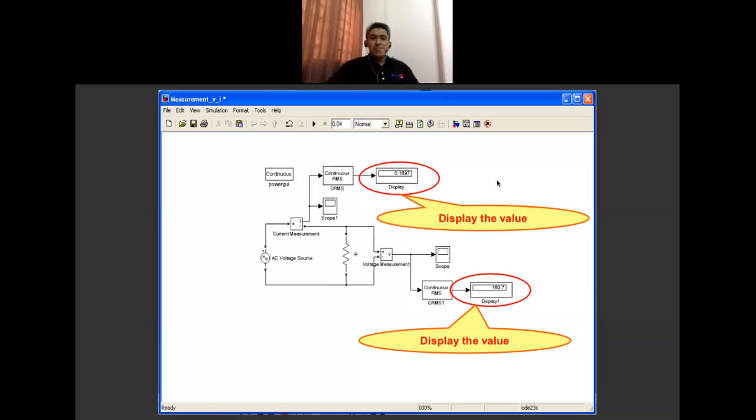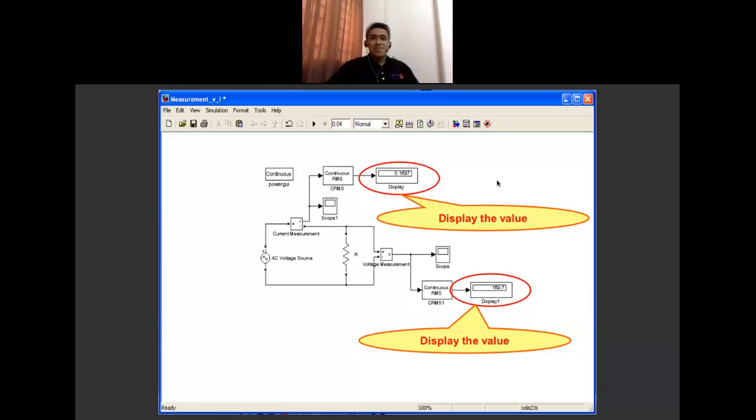Alright, so the first question: how to use continuous or discrete RMS? It's up to you. You want to measure the continuous or actual value, or discrete? It's up to the purpose of your measurement.